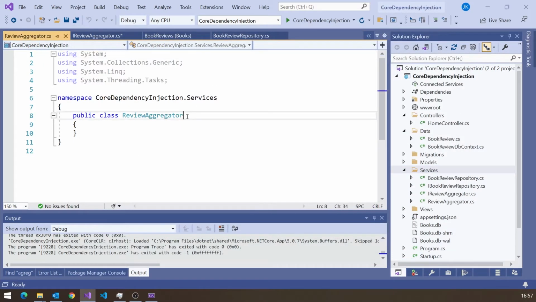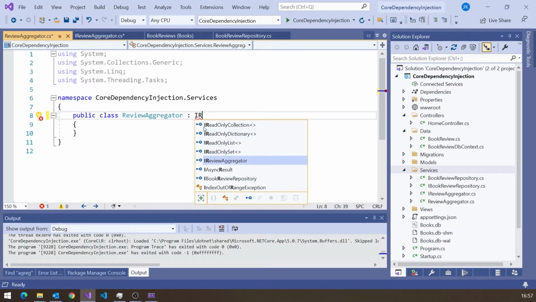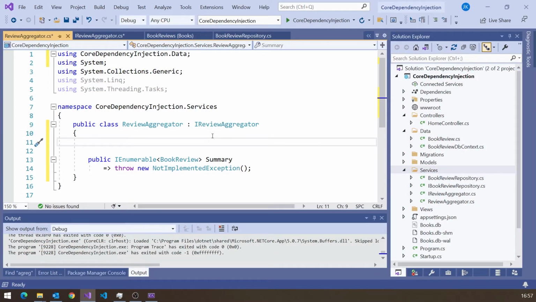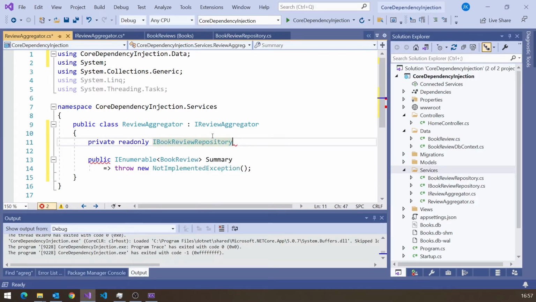And it's going to implement the IReviewAggregator interface, implement the interface, and then what we're going to do here is, obviously to do a summary, we need to get hold of the data which we know is stored in the repository. So this is where we're going to have injection into an injectable item. So once again, here I'm going to say private readonly BookReviewRepository.